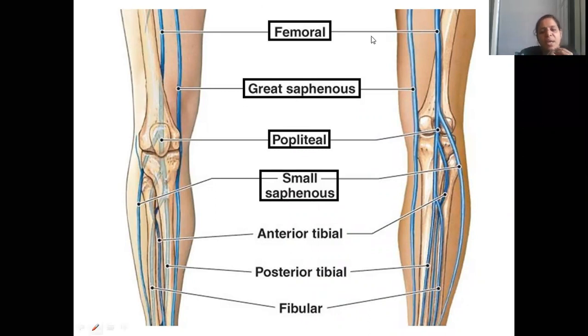Okay? So be active. So now see here, corresponding to the names of the arteries, but we should go in reverse direction. To trace the names of arteries, we remember that the femoral artery divides into anterior and posterior tibial arteries. The posterior tibial artery gives the peroneal artery. Then from the posterior tibial artery in the sole, we have medial and lateral plantar arteries. Now just go in reverse direction. So we have the fibular vein, posterior tibial vein, anterior tibial vein, popliteal vein, and femoral vein. These are the deeper veins. Of course, we know the two other ones, the great saphenous and small saphenous veins, are the superficial veins.